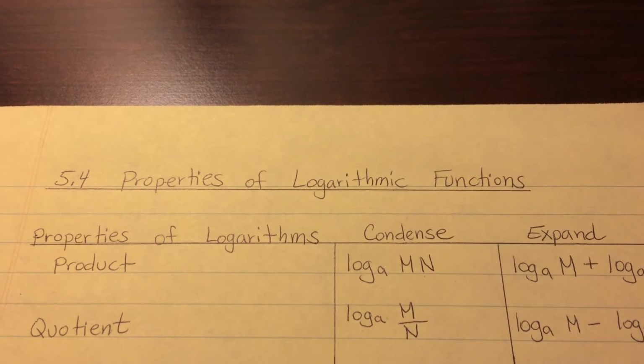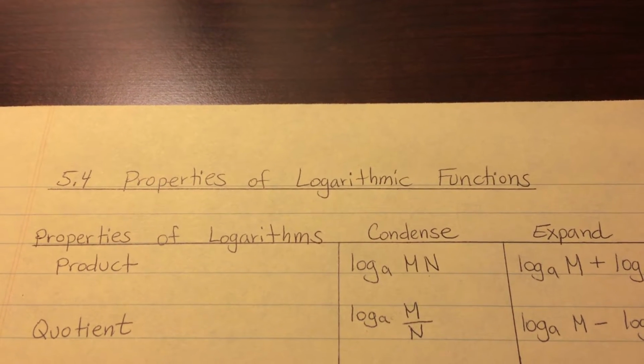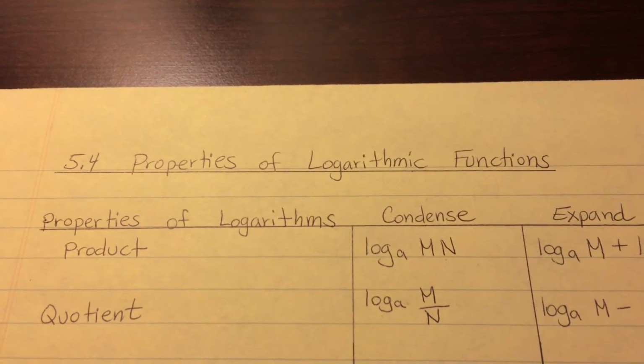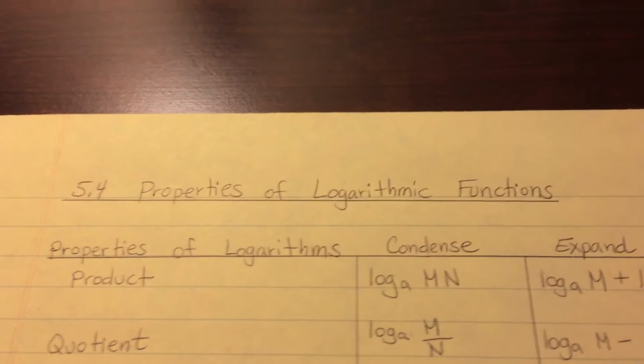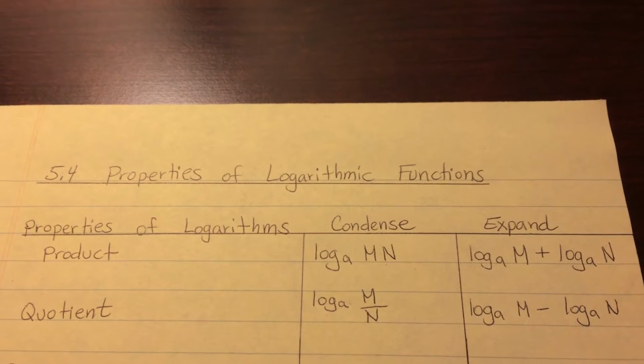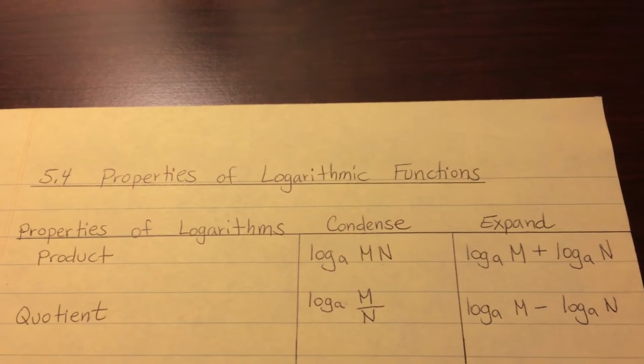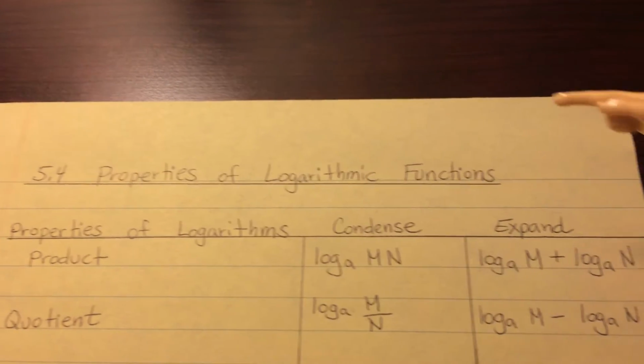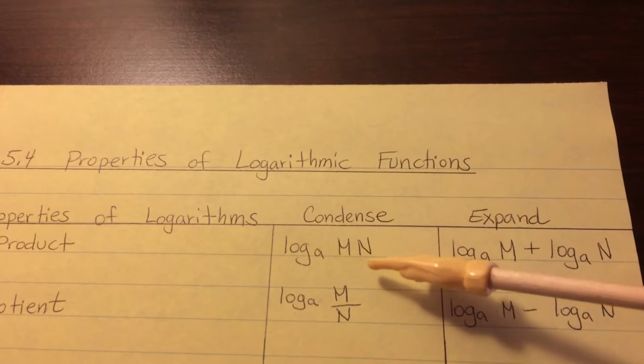The section is on 5.4, properties of logarithmic functions. There are three specific properties that we need to go over. One of the properties is the product property. The product property says that if you condense it, and I call it condensing because you're making it smaller,